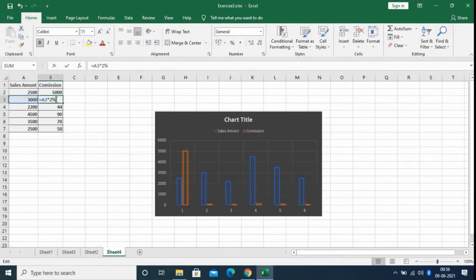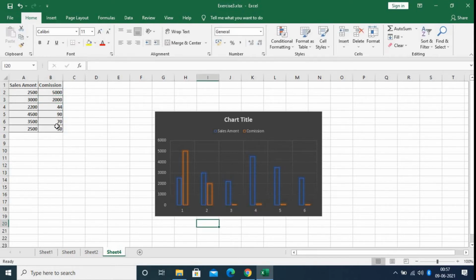Now if you type here some value like 1000, you can see the height of this commission part increases. If you type here 2000 you can see the height of this commission part will again increase.